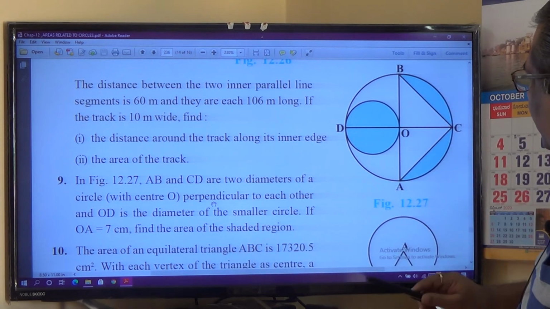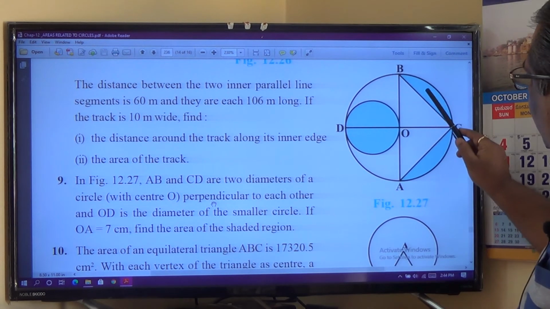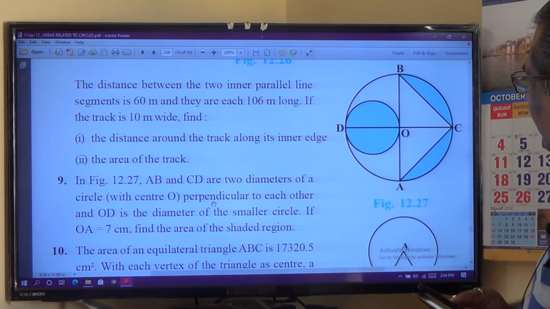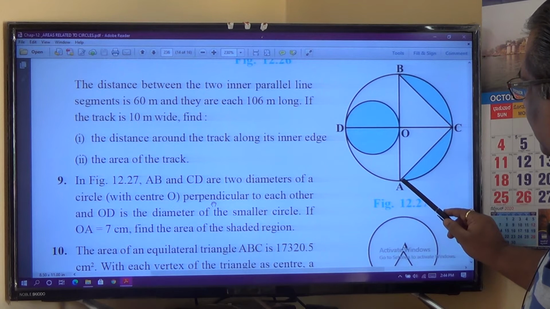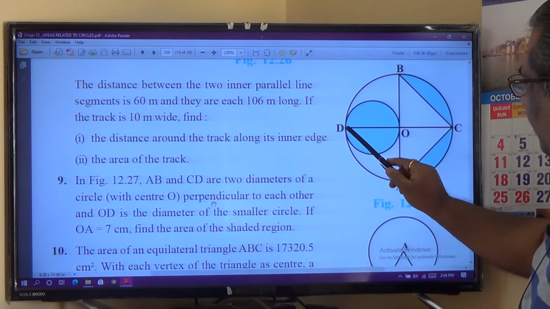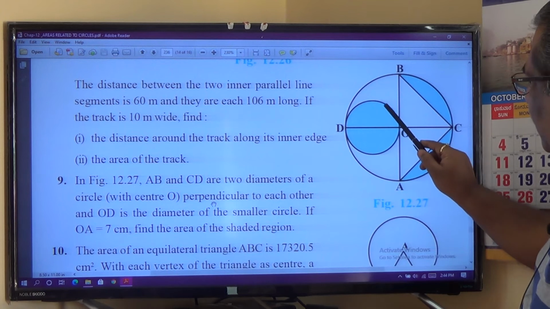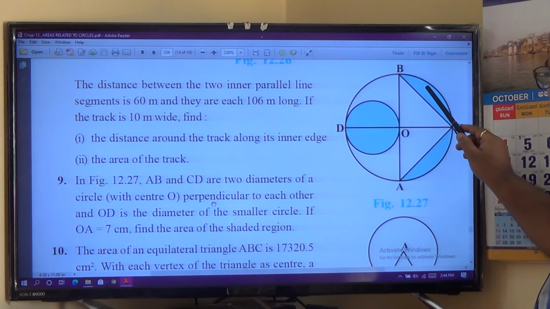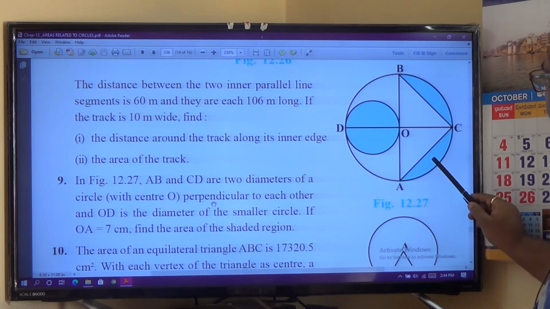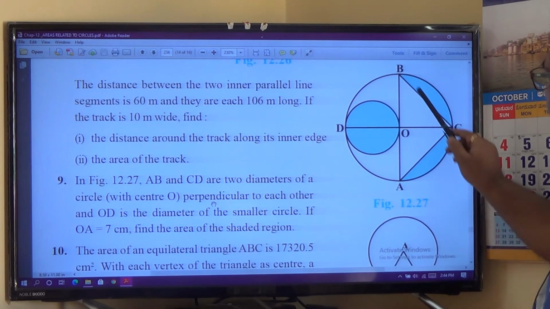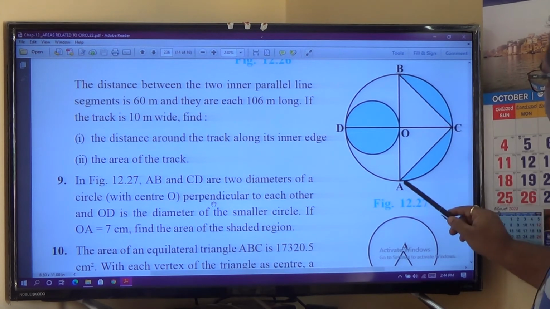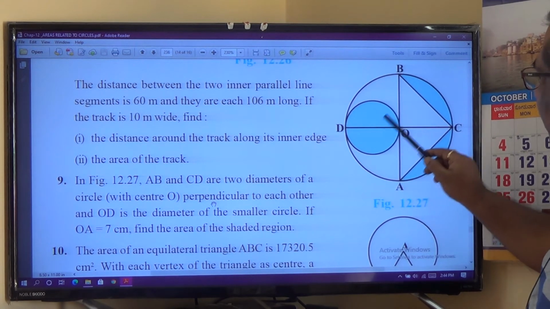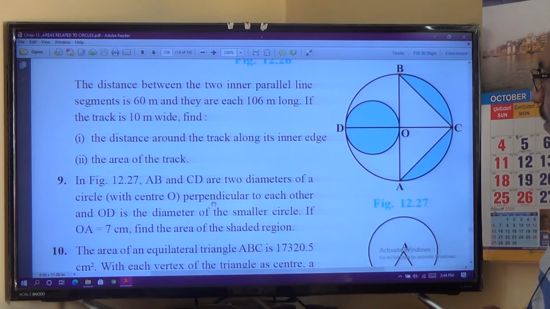The area of the shaded region over here can be grouped into 1, 2 and 3. 3 is the area of the circle over here. OA is given as radius here, 7 centimeter, so OD also will be 7 centimeter. So the radius of this smaller circle is 7 divided by 2. So how to calculate the area of the shaded region? 1 plus 2 equals area of the semicircle minus area of the triangle, and finally you can separately calculate the area of the circle and add to these two areas. So let us solve this on the board now.